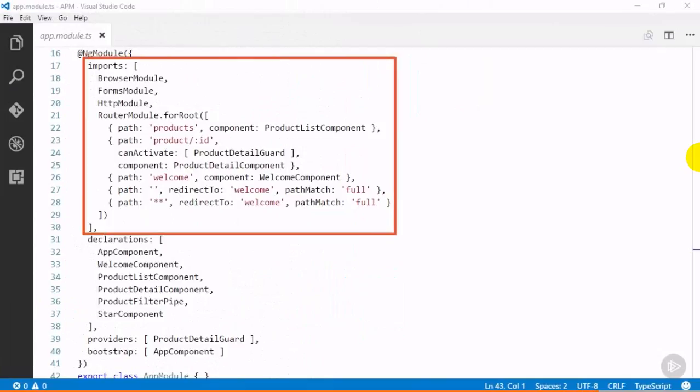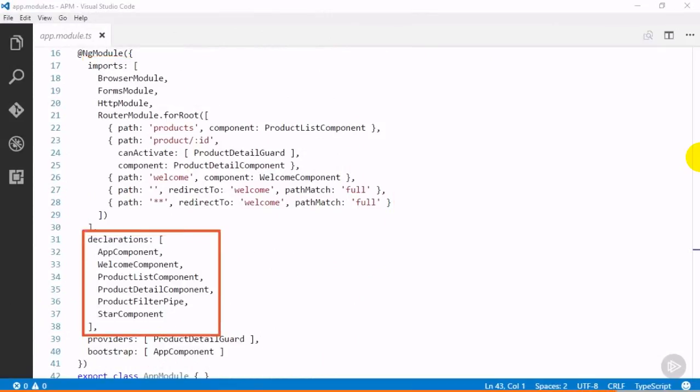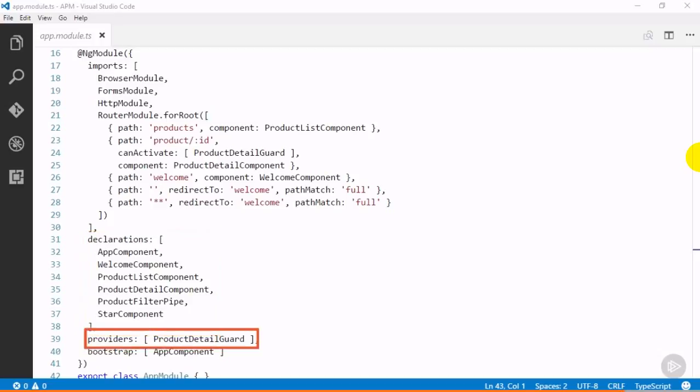The app module imports the system Angular modules we need, including the router module, which is where we configured our routes. It declares each component and pipe that we created in this course. It registers the service provider for our product detail guard, and it bootstraps the application with the root application component,